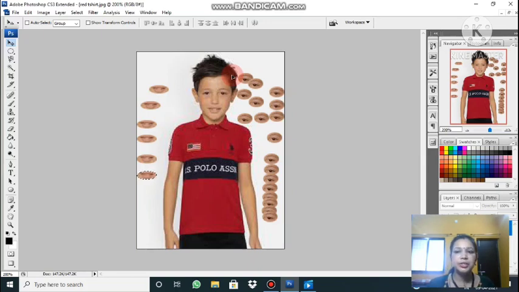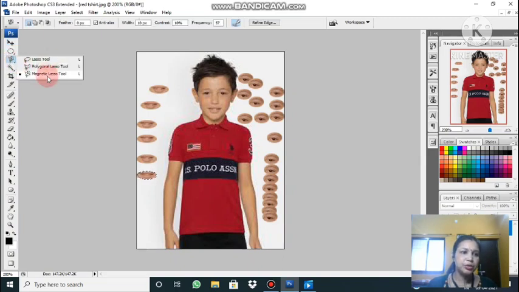For selecting an irregular shape, you just go to this part, the lasso tool. Can you see this? This is the lasso tool. Right click on this and choose the option magnetic lasso tool. Click on that, and just after that, the width is very big. You decrease it to 5 pixels, then 1 pixel. It's too small. Make it 5 pixels. Now with the lasso tool, start the selection.